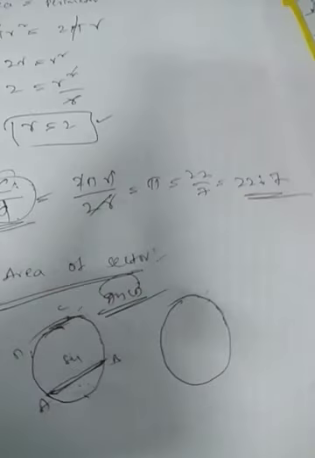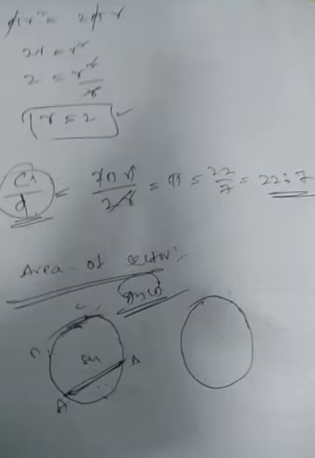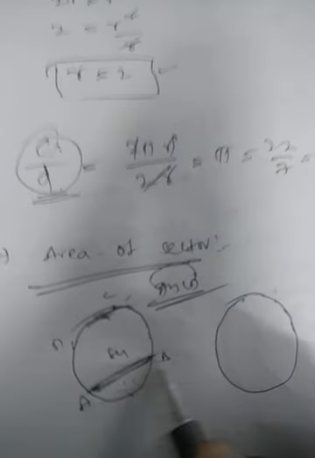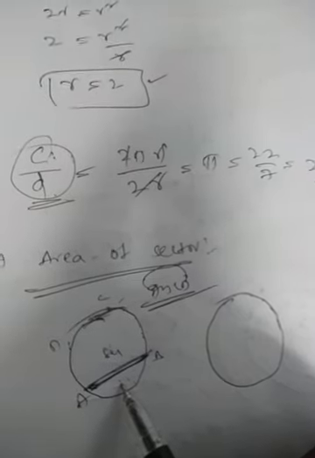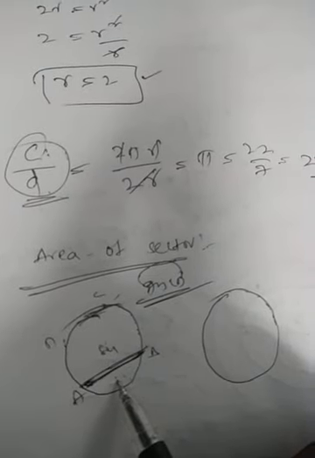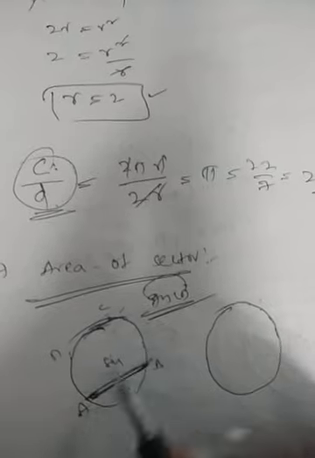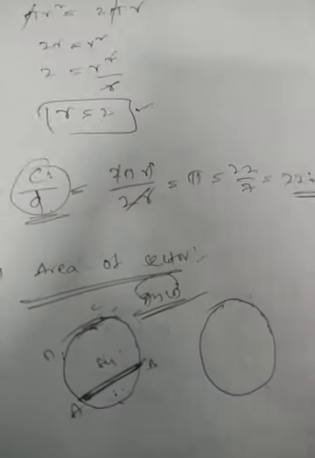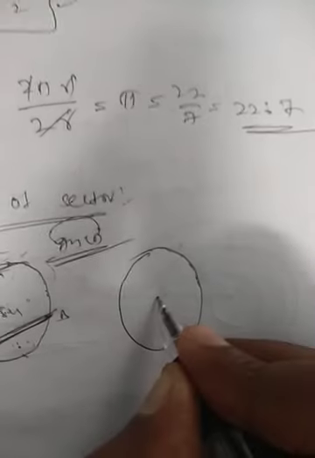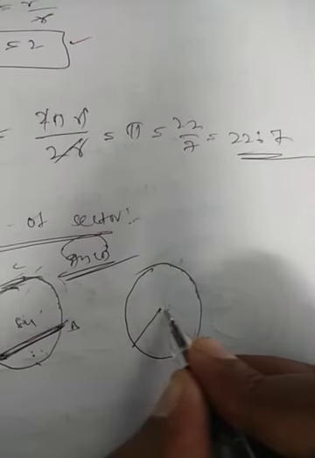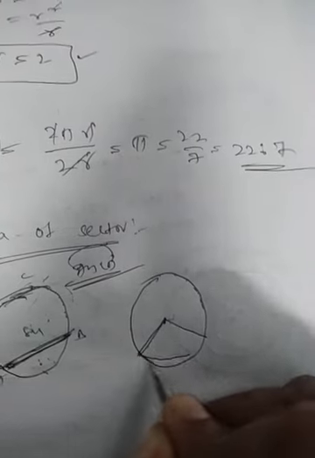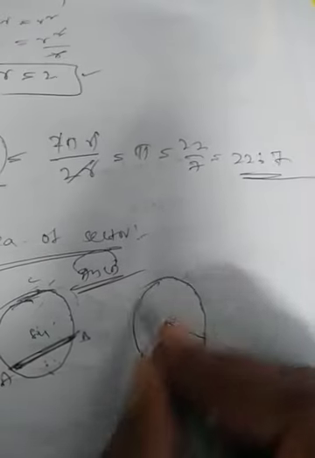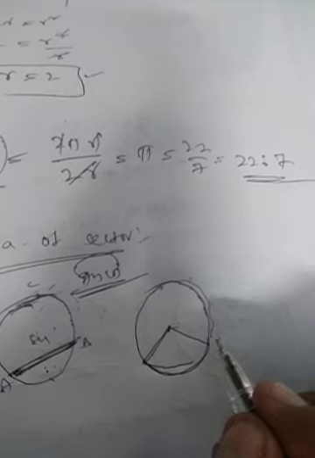You know about this from the 9th standard, we might have studied it. Here the portion which is less than the semicircle, less than the area of half of the circle, is called the minor segment, and the one which is greater than the semicircle area is called the major segment. We can easily estimate by looking at the figure. But sector means, if you take the center and draw any two radii, this portion is called one sector and this portion is called the other sector.